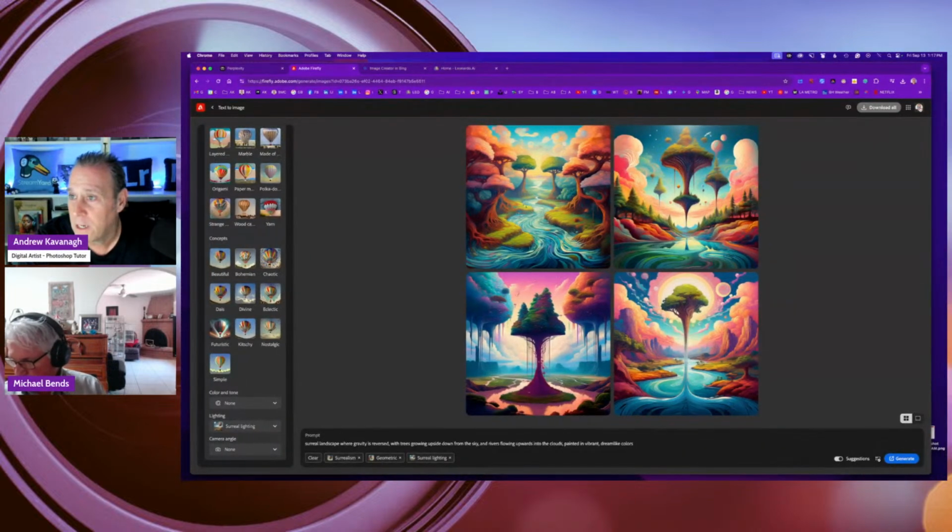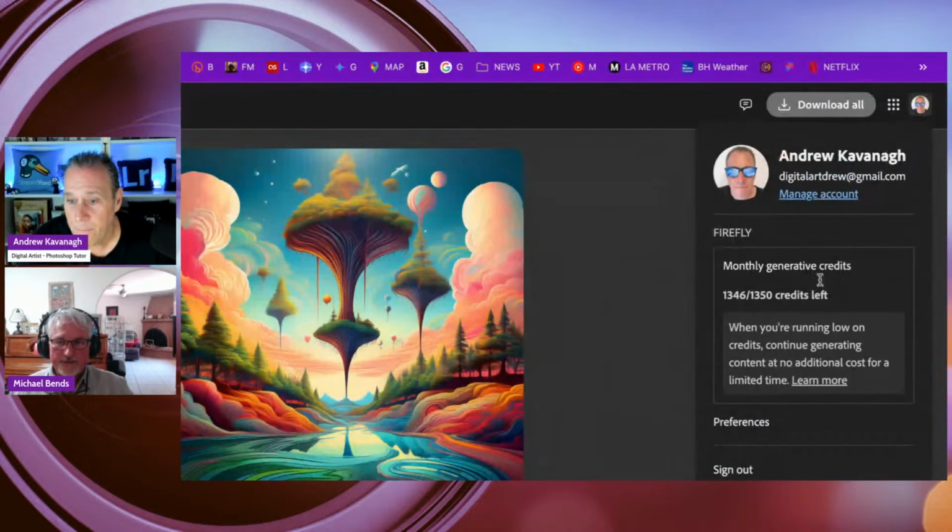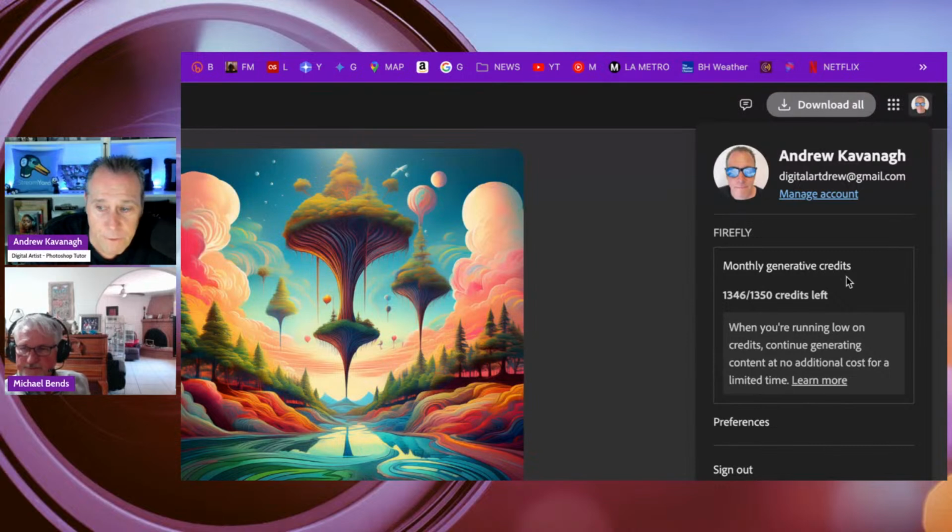Now, if you look to the top right, I think I can zoom in a little bit. If I zoom in here, you'll see that it tells me what my monthly generative credits are. In my case, I have 1,350 credits, and there are 1,346 credits left out of the 1,350 that I get per month.